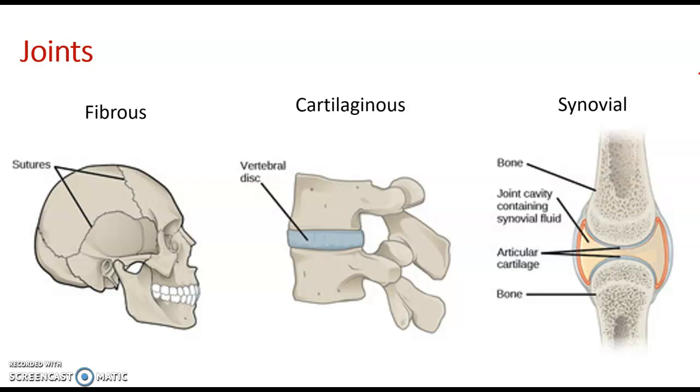Second, we have cartilaginous joints, which are held together by cartilage. And this type of joint is found between the vertebrae and in our pelvis. So we probably recall from our discussion of cartilage as a tissue that it's not vascularized, so no blood vessels. And because of that, no nutrients will reach it very quickly, so it does not have a high capacity to repair itself if it's damaged. And that's really why so many people suffer from things like degenerative back problems. As that cartilage between the vertebrae wears down and is lost, it's not replaced, which causes the vertebrae to rub